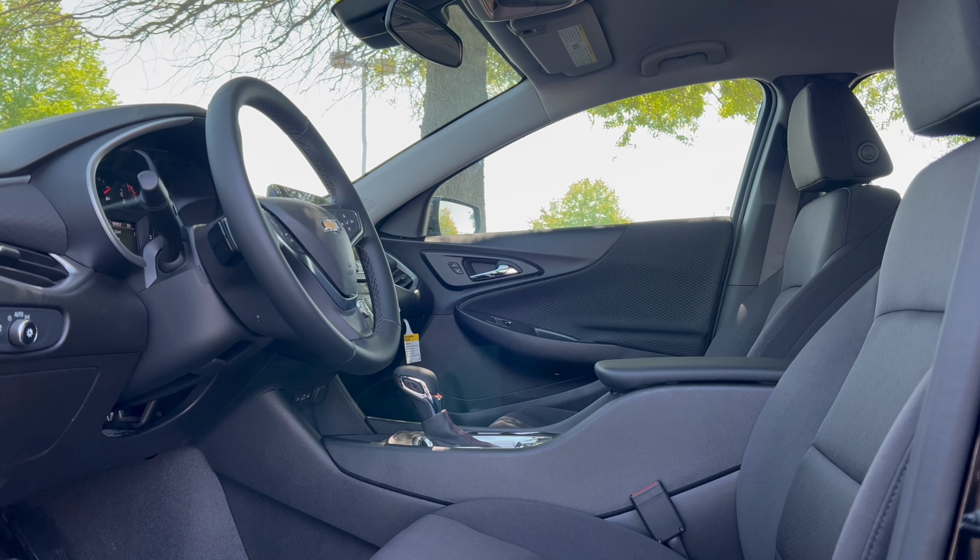Before we get into the interior of this Malibu RS, you're going to want to know, Mike, how much? Well, before we get into the pricing, just keep in mind that the average price of a new car in the United States today is around $47,000. So now let's hit the pricing on this vehicle. The 24 Malibu RS base price is